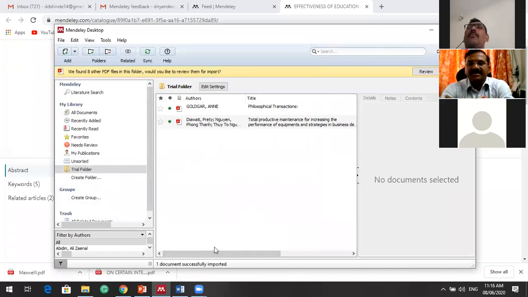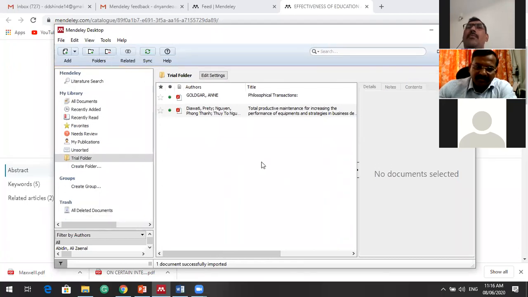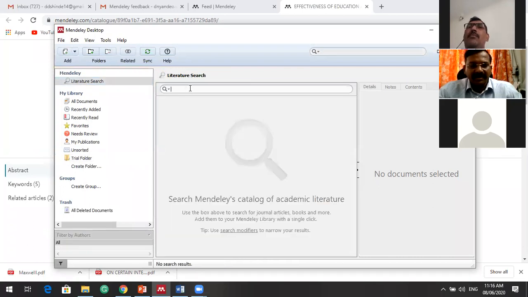So whatever existing files are there in your desktop or you have saved it, you can directly show it. If you are working on some particular topic, you can search it. Now as it is accessible, whatever keywords you are working on, let us say I want information regarding education.